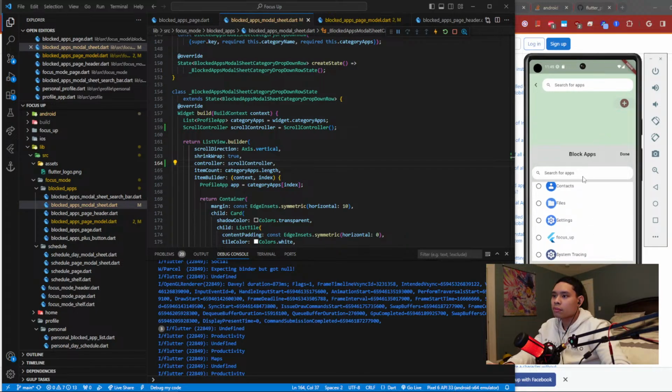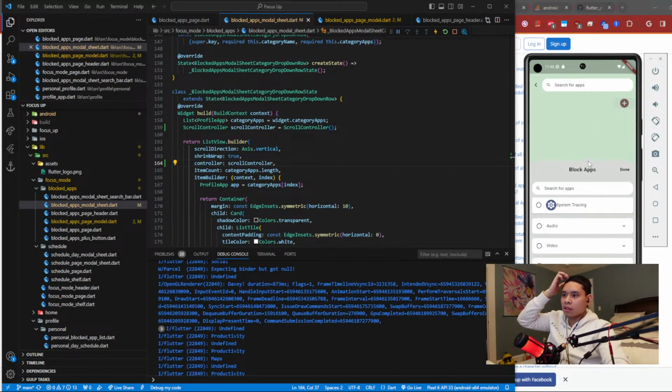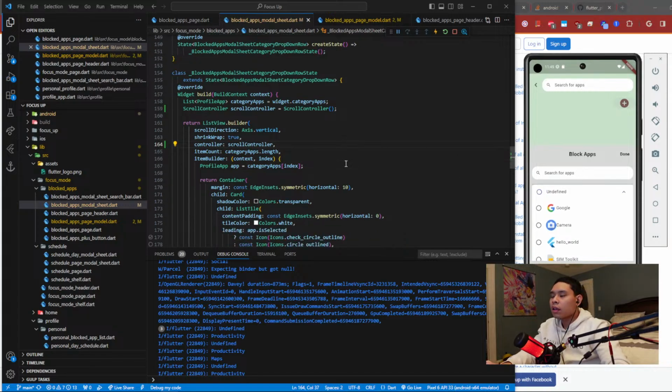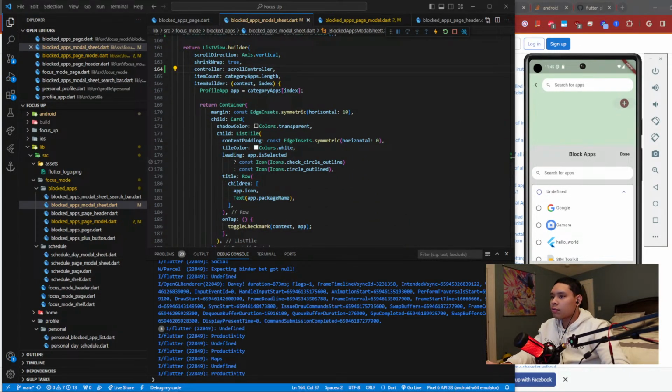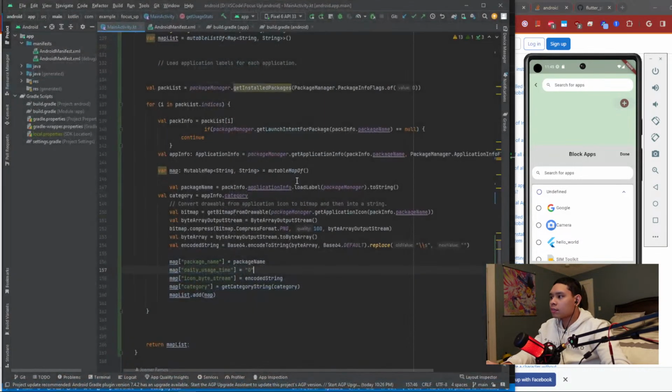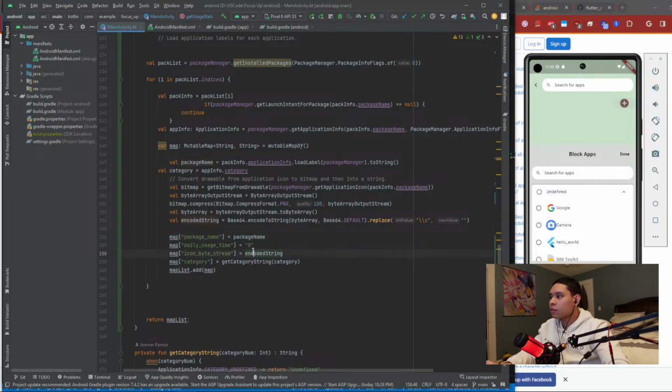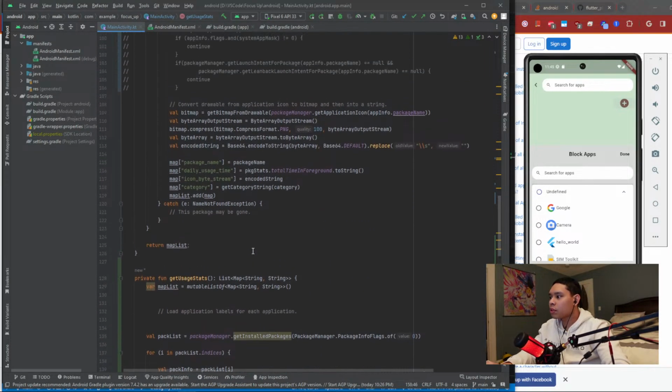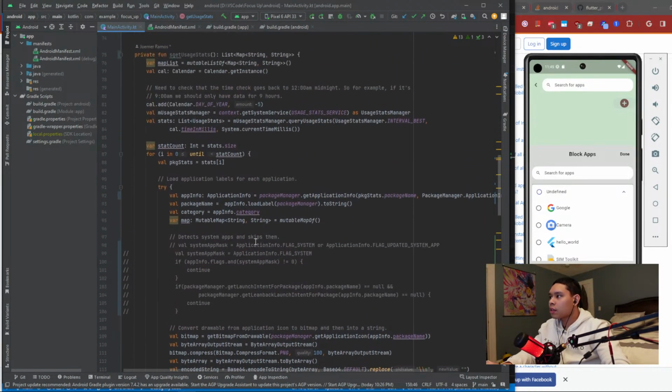Okay, there you go. So doing this allows us to scroll through, making this super easy to do. Nice. Let's go. Okay, cool. And then the only thing that's left is that the daily usage time isn't being associated properly. So now we need